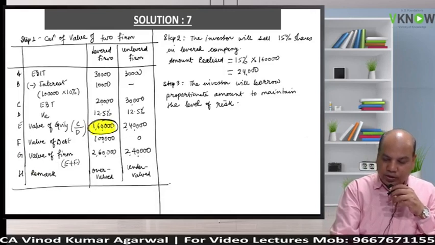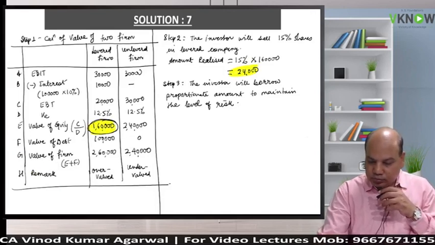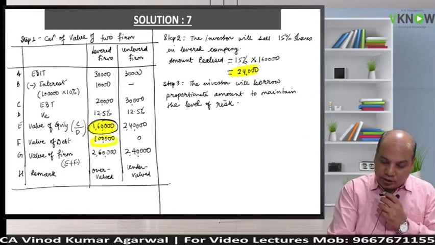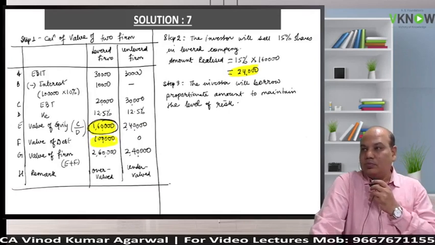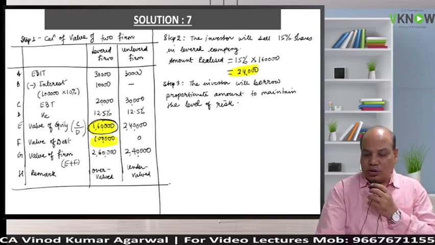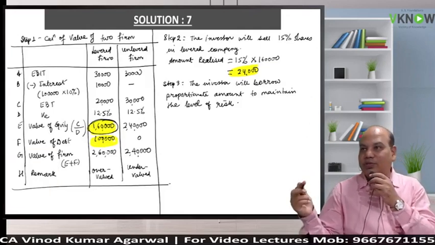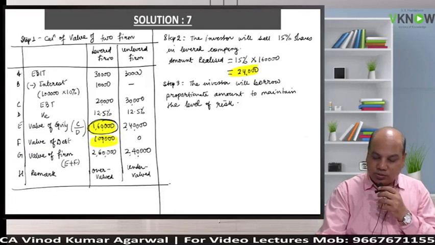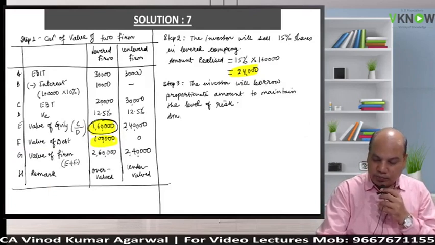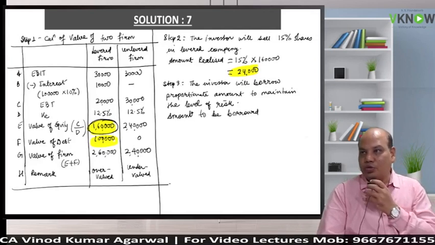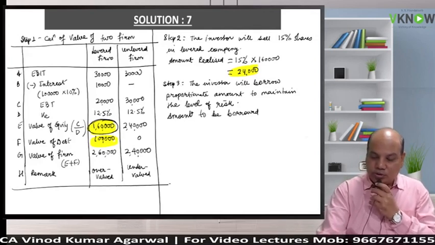Equity is 1,60,000, against which we have 24,000. The firm has a debt of 1 lakh. So how much amount will the investor borrow so that the investor will have the same debt equity ratio? How much amount will the investor borrow? Anybody? Amount to be borrowed. Yes, you are not replying. We have already done similar questions in the regular batch, or you must have done. Amount to be borrowed is equal to,